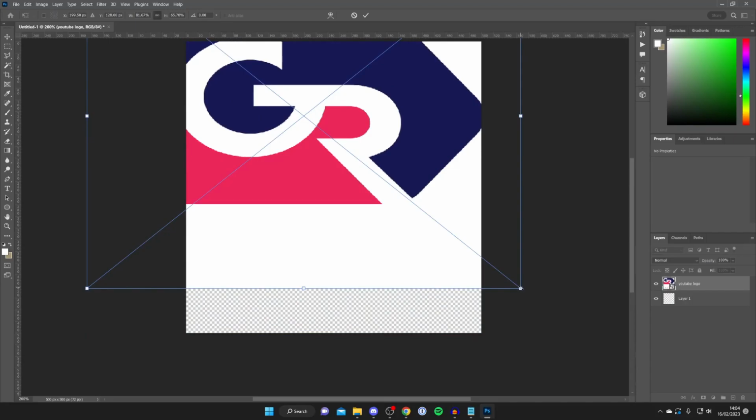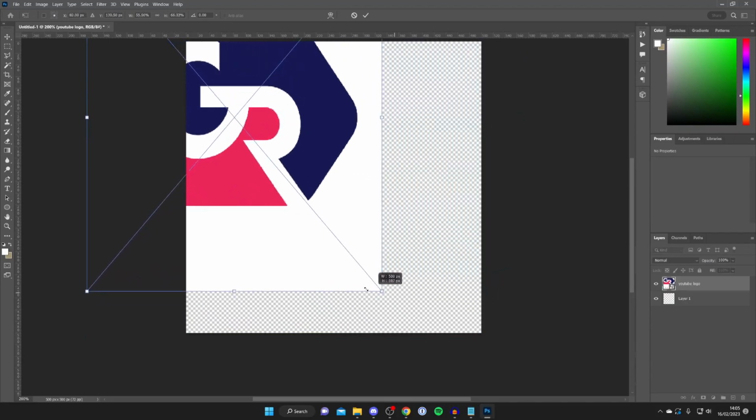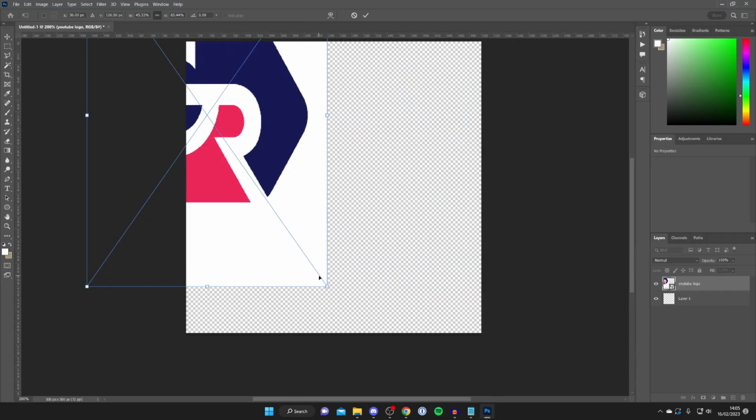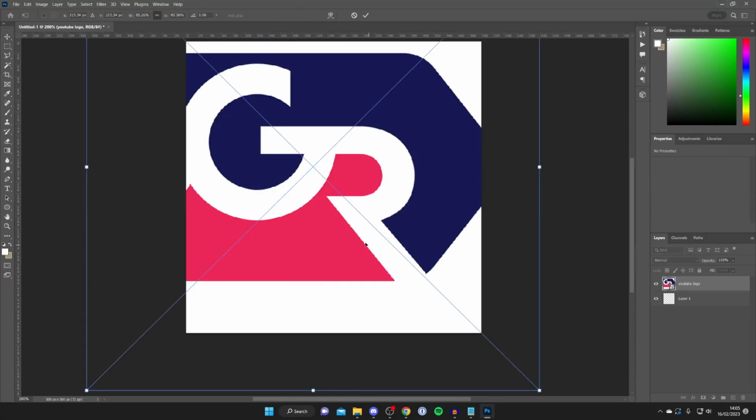For example, in mine, I don't need to use Shift, and if I do use Shift, this actually happens. So it's all going to depend upon which version of Photoshop you're using, and you'll need to test whether you need to use Shift or not. As I just said, I don't need to use Shift, and if I do, it basically loses the format. So then all I'm going to do is grab this corner here, hover over it and then click,